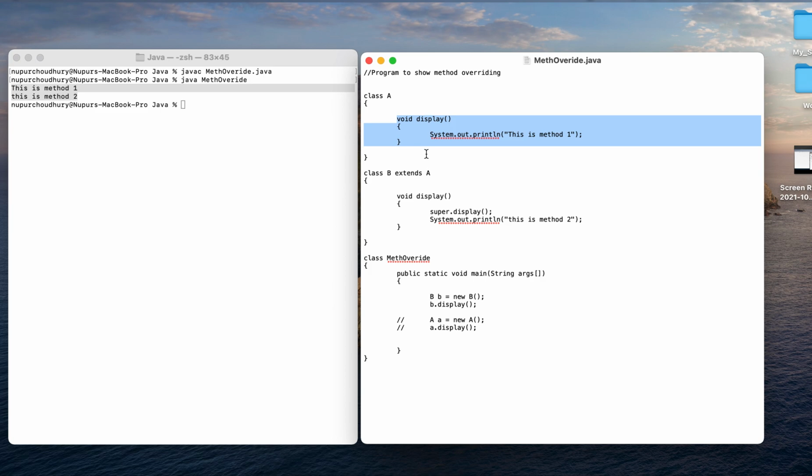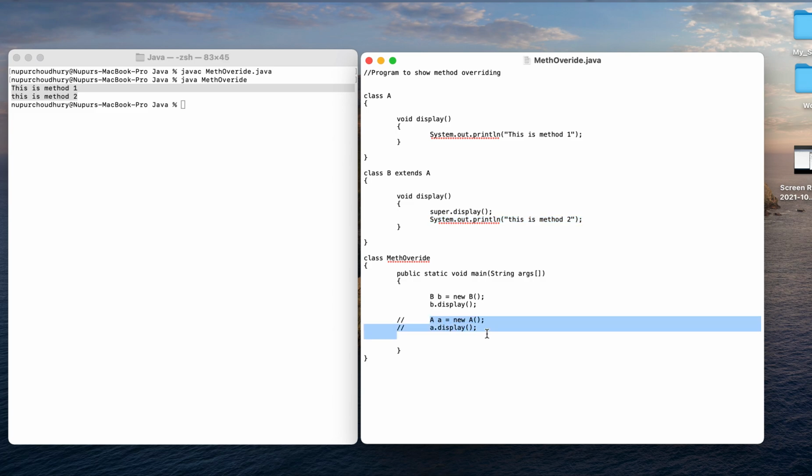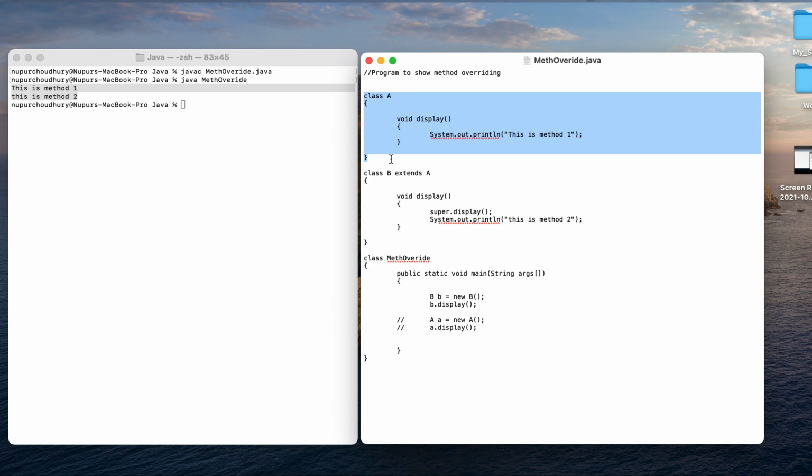So initially the first statement would be printed and then the second statement would be printed here. So this is an alternative to creating an object in order to call the method which is there in the parent class. So we have already done super class and super keyword, and using this super keyword we can simply call this particular method.